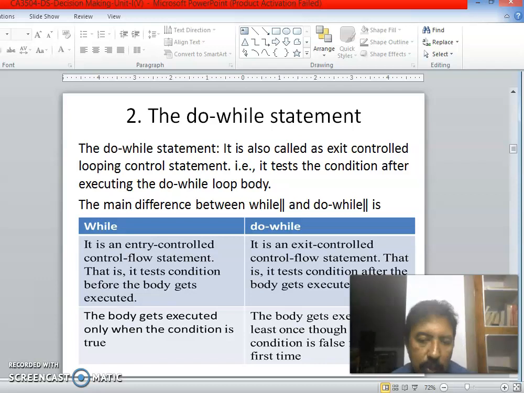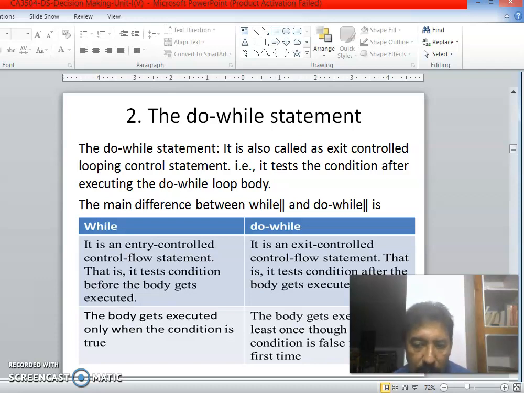This is the table that shows the main difference between while and do while statements. First, the while statement is an entry control statement, that is, the test condition is checked before the body gets executed. Then do while is exit controlled, that is, the test condition is checked after the body gets executed.